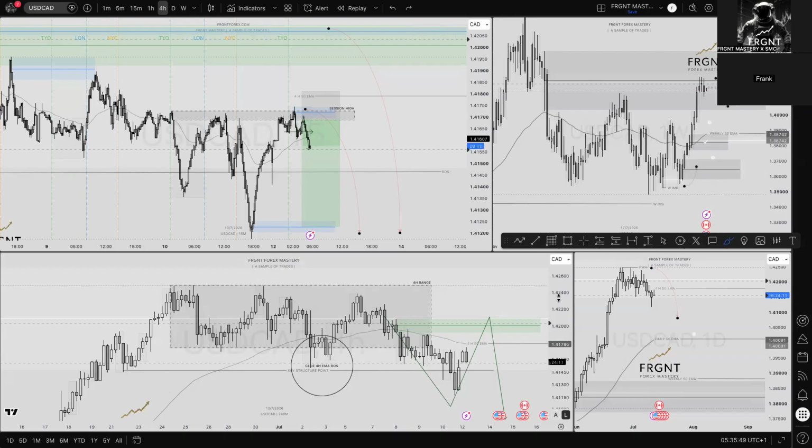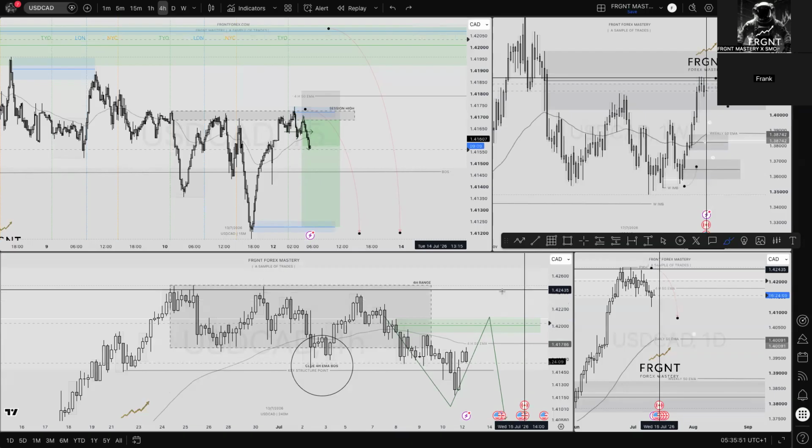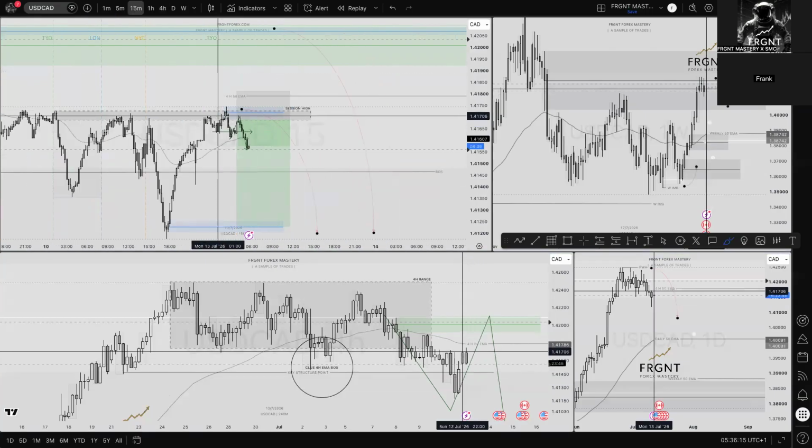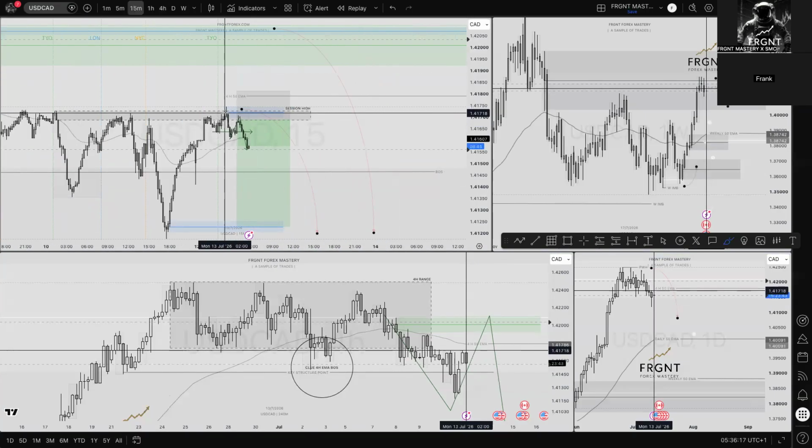But I think here is a very, very nice example of how you can identify the DXY based on higher time frame, refine all areas down, identify structure points, breaks of structure, imbalances, with your order block selection, await price to return to those order blocks, refine them down again into the 15-minute time frame. And then if you have a doubt, revert straight back to the pair that you're looking to trade. What's happening? Clearly into the session high, it respected the session high perfectly.